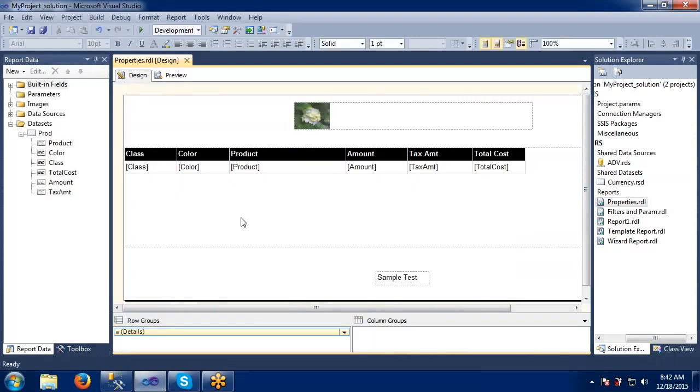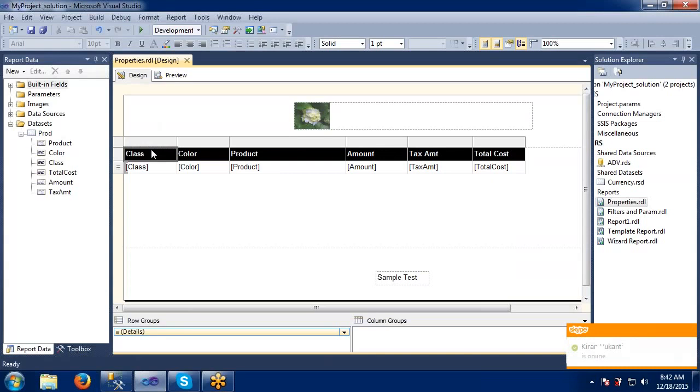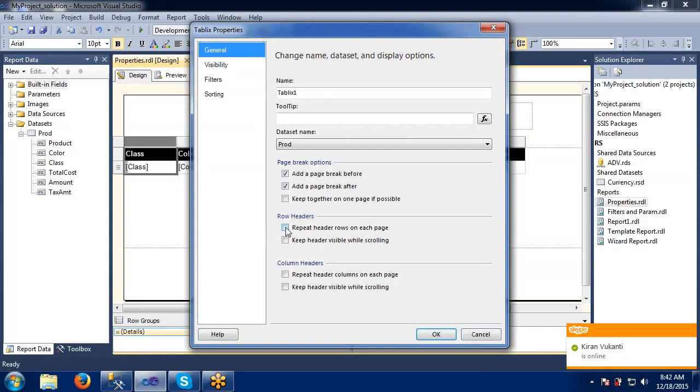But my intention here was that in the Tablix report, we can have some options on the header and footer also. See, repeat header and footer on each page. By default, anyway, it will be displayed on every page, right? Keep header visibility while scrolling. If I scroll, it will automatically scroll to me in the next page. Like this, every option is very simple.